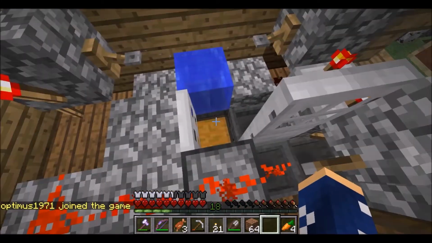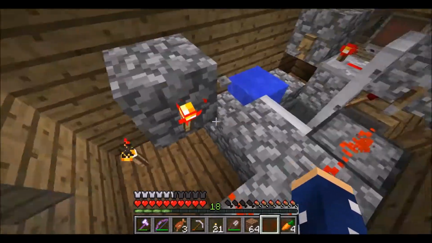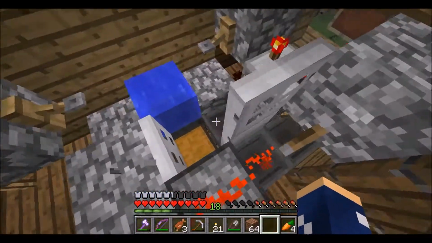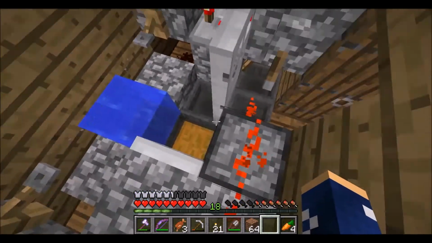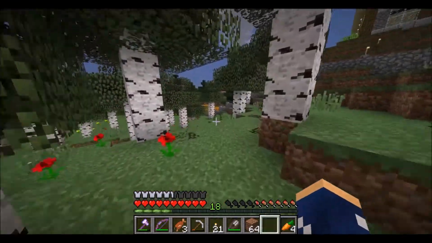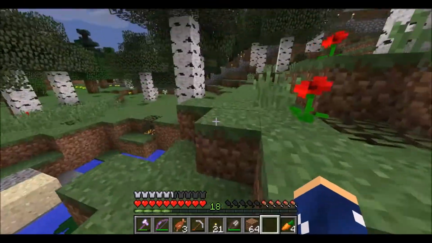And basically, this is an auto fish farm that works for 1.8. I can't recall off the top of my head whose design it is, but it's certainly not mine. The only thing different is I added a hopper there instead of a block. But if I can remember the name of it, I will certainly post that down in the description. I probably will. Anyway, so that's what we're going to be doing today, and I will show you the other